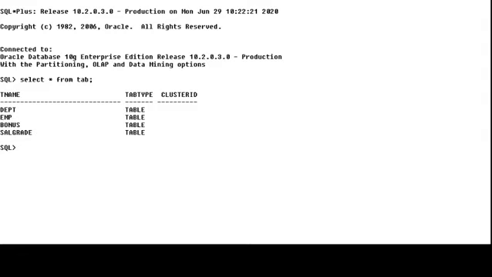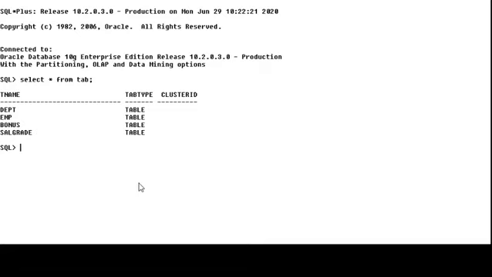This is a select query, select star from tab, and this is the semicolon which terminates your query. It understands that your query is over here, so now it will be executed when you hit enter. This SQL prompt is where we have to write a query. This is the prompt and this is our query. Using the query, we get the output. This is the Oracle SQL environment, where we execute all the queries.